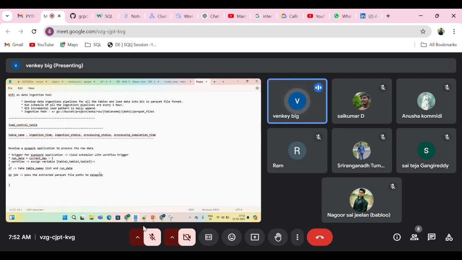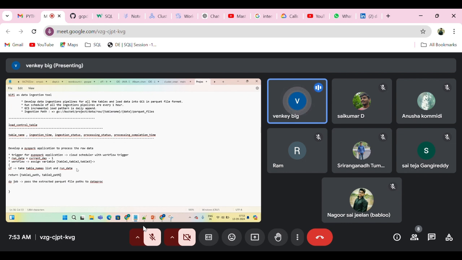Your run date will be current day minus 1. Once it has taken these table names and run date, it will return a list of paths: table 1 underscore path, table 2 underscore path,